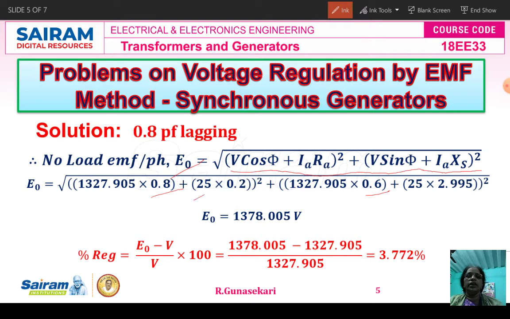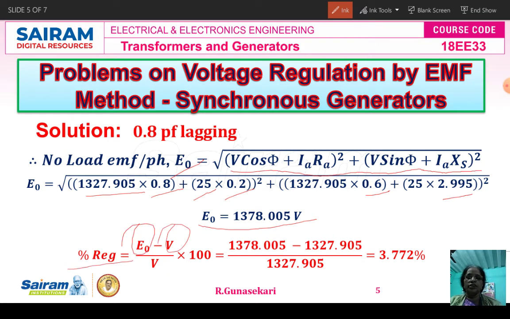The Ia current is 25, Ra is equal to 0.2, V phase is equal to 1327.905 and then Xs is equal to 2.995. All the values are substituted in the E0 formula. Finally we are getting E0 is equal to 1378.005 volt. Now we know the value of E0, we know the value of V, then we can calculate